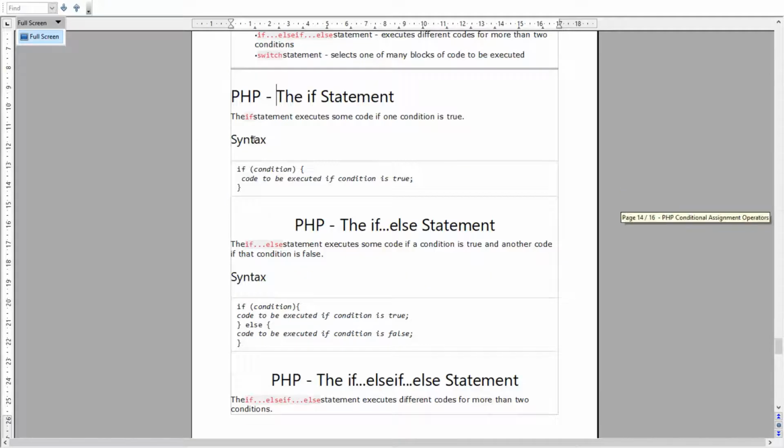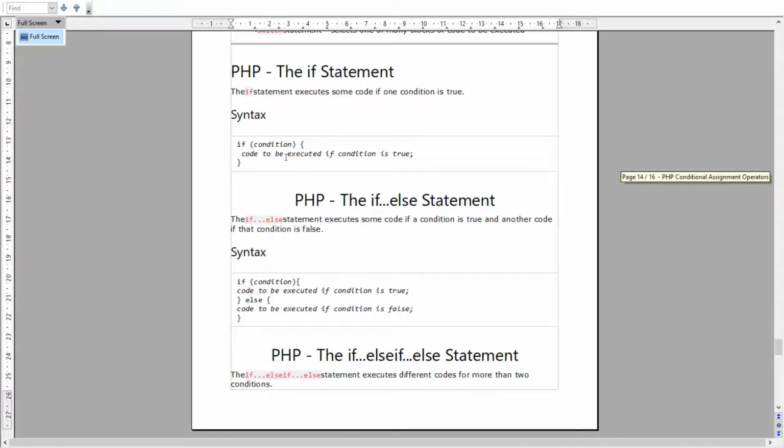Here we go with the syntax of how we can use the if statement in our coding. We write the if, and in the parentheses, the small brackets, we write the condition. Within the curly brackets we write those statements which we want to execute if the condition turns out to be true. So this way we use the if statement, and it will only get executed if the condition turns out to be true.